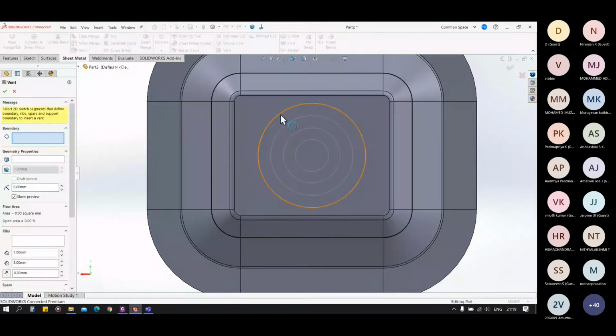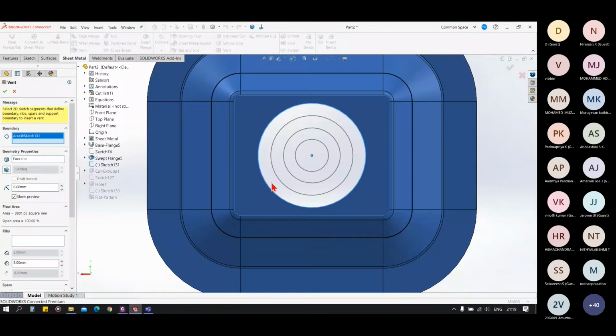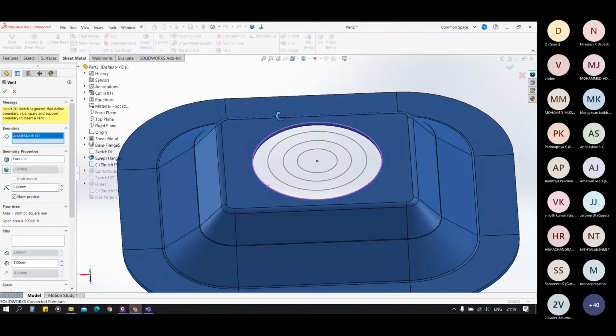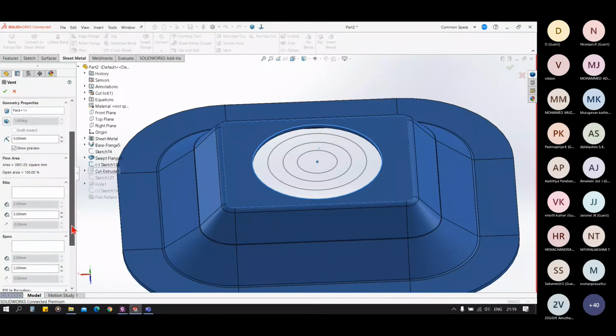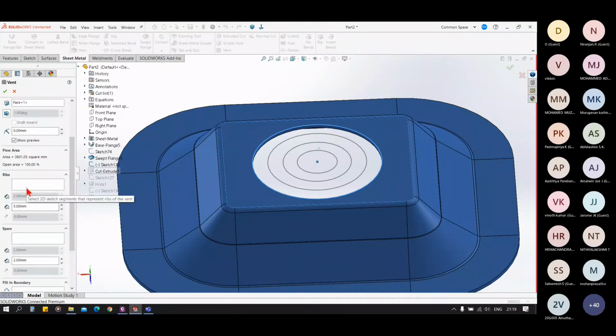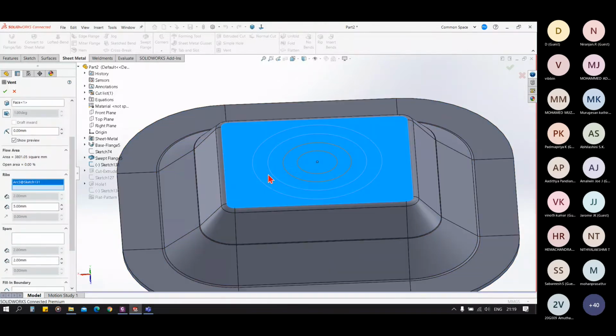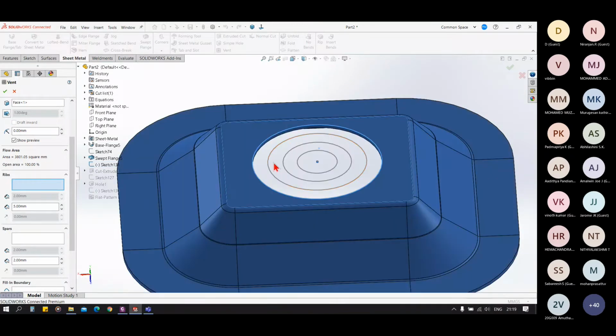When you click on vent, you can select the boundary. You can see I have selected a boundary circle. In that, I have ribs, and I can add spars.